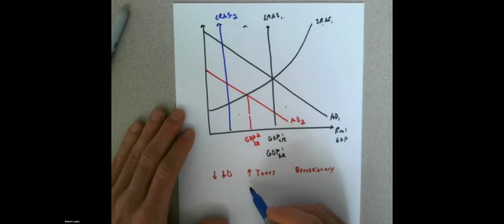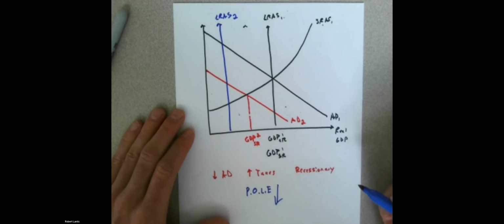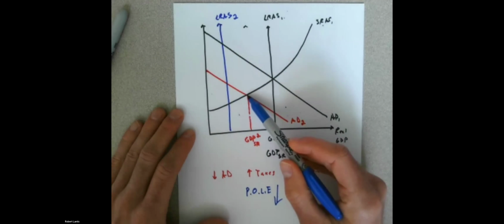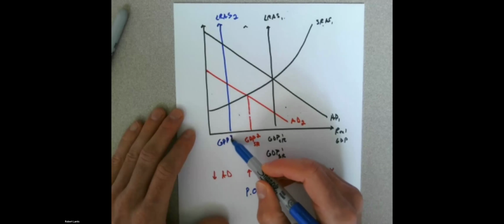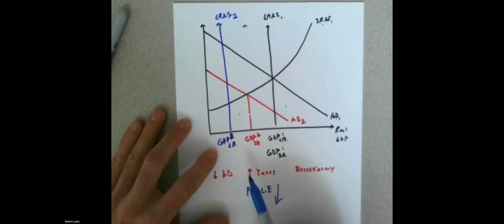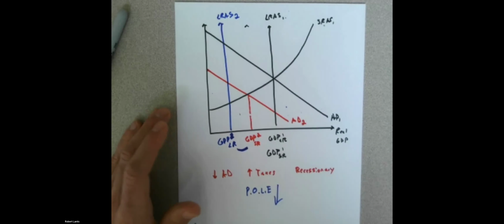So if we increase taxes, and these factors of pull go down by a lot, notice that short run GDP level stays here. What's happened to our long run GDP level? It's now lower. We actually now have an inflationary gap, right? Now, once again, are inflationary or recessionary gaps good or bad?